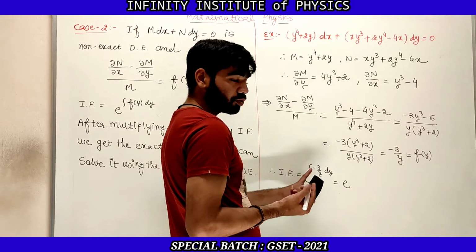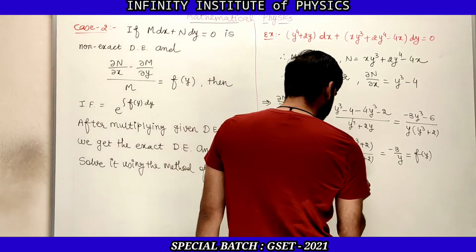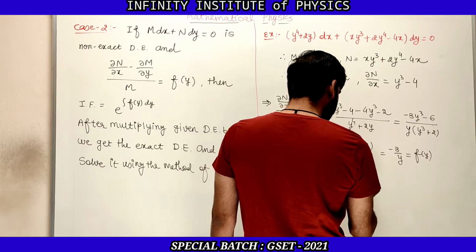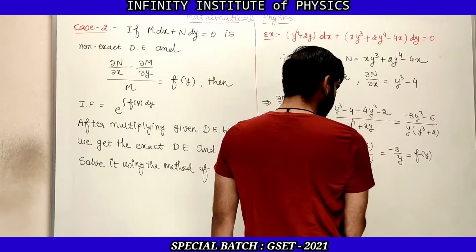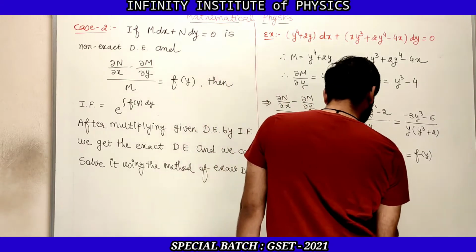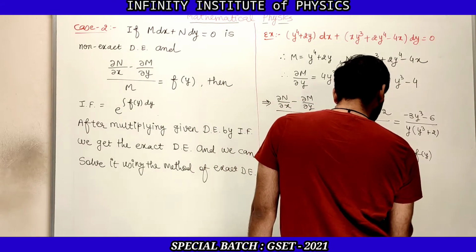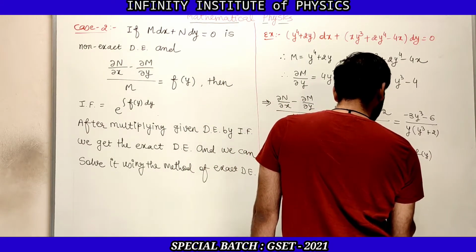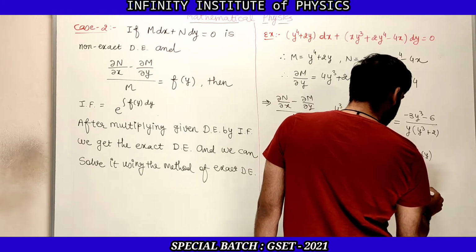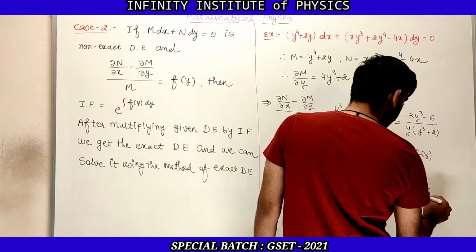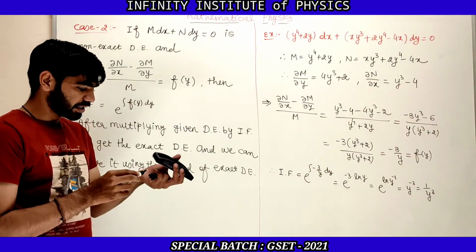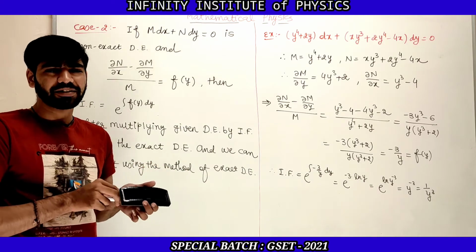Now e raised to integration of minus 3 by y, minus 3 common, and integration of 1 by y, that is log y, that is ln y. Now let us take this minus 3 as a power to that y, then it will be e raised to ln of y raised to minus 3, and that gives us the answer y raised to minus 3, and y raised to minus 3, that is 1 by y cube, which is the integrating factor of the given differential